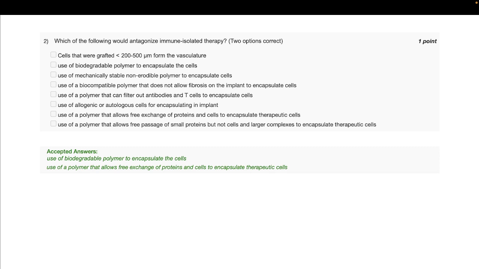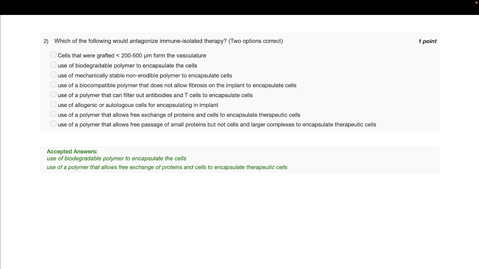Next option is use of a polymer that can filter out antibodies and T cells to encapsulate cells. That's actually what we want. That is the whole purpose of immunoisolated therapy. Next is use of allogenic or autologous cells for encapsulating an implant. So the cells which are used in this encapsulation can be taken from the patient's body or can be taken from a donor. Next is use of a polymer that allows free exchange of proteins and cells to encapsulate therapeutic